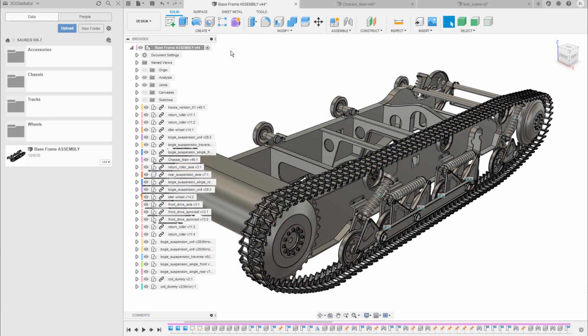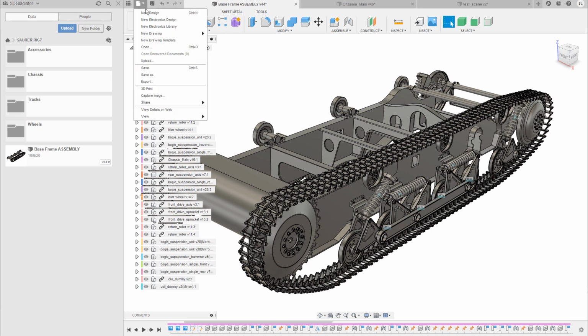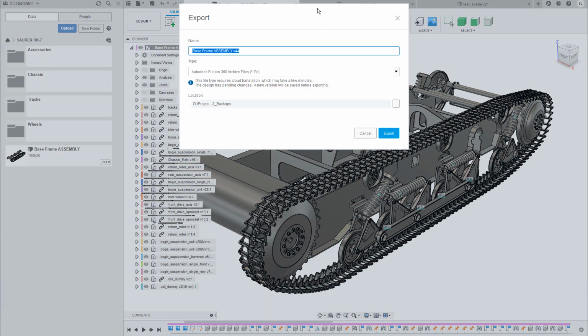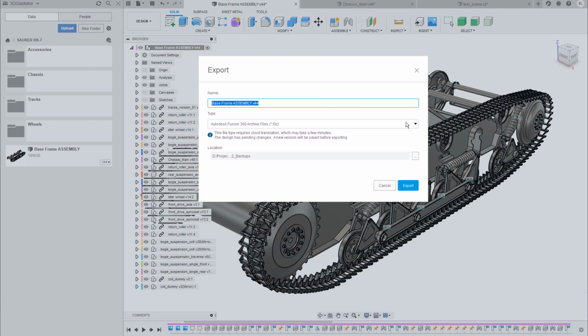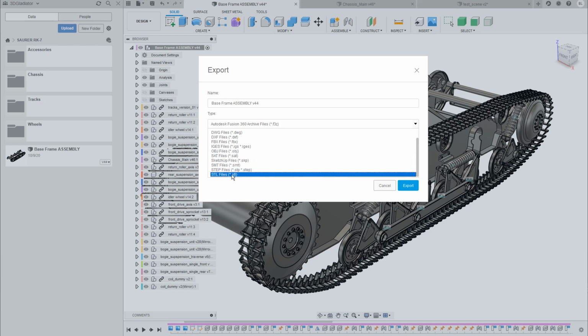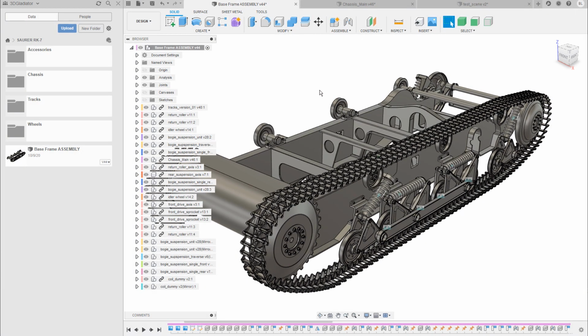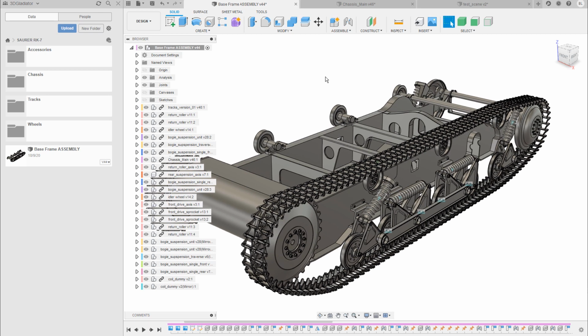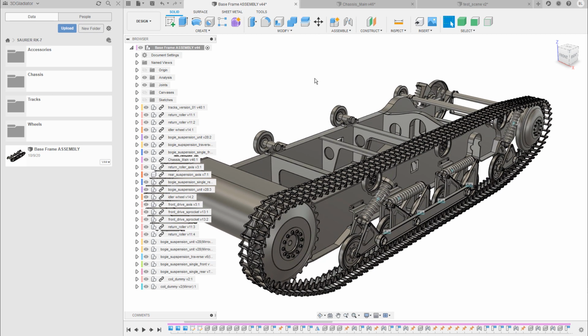And of course you can do this by simply going to File, Export, and then you can export all of the elements in different file formats like IGS, for instance, or the Autodesk Fusion archive files, or you can export these parts as STLs. And this is not an option if you are dealing with models that consist of many different components. And for this reason, there is an add-in